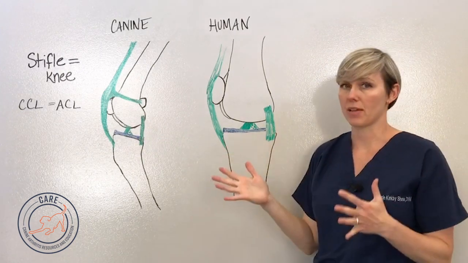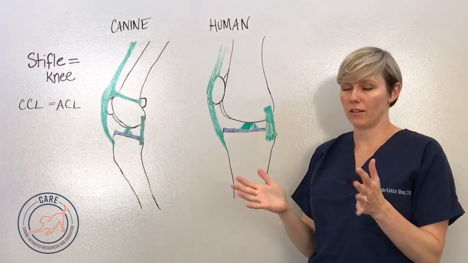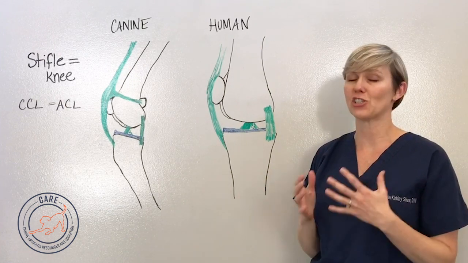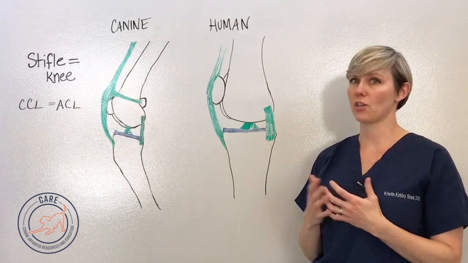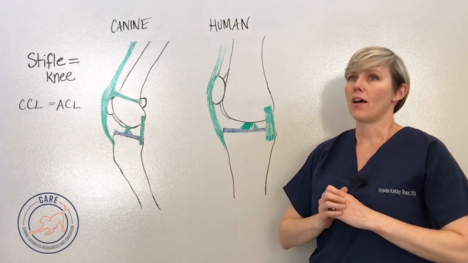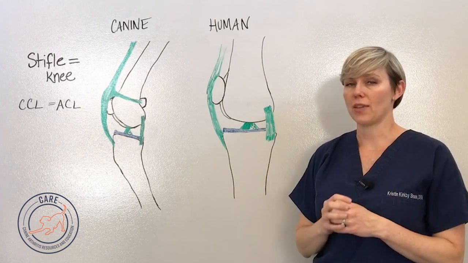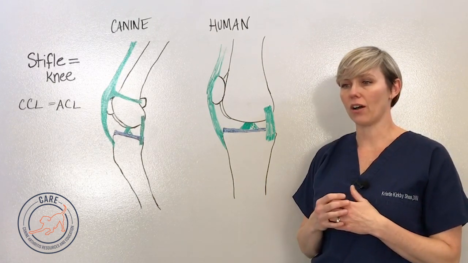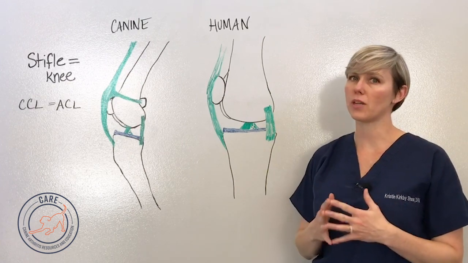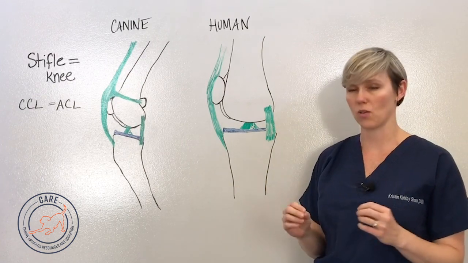So that's our anatomy. Now the big question, and literally the question that's on every veterinarian's, every veterinary surgeon's, and certainly every dog owner's mind who's had to go through this, is why does the cruciate ligament rupture in the first place? It's still a big question mark. We don't know the exact answer. There are a lot of different theories. There's a lot of research going on, but the things that we know in dogs is it's rarely one single